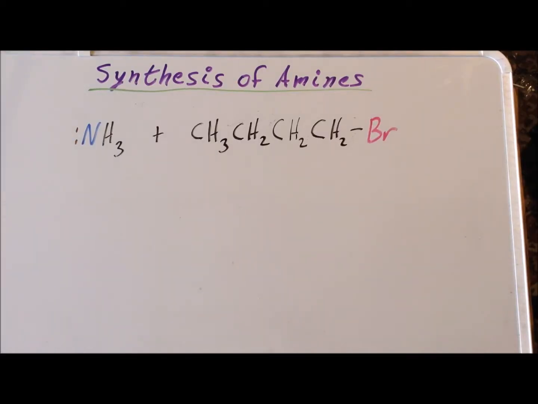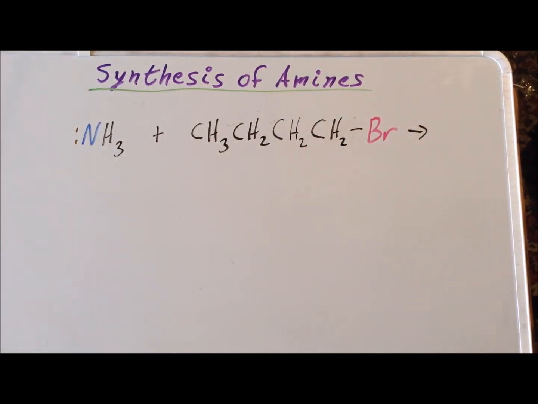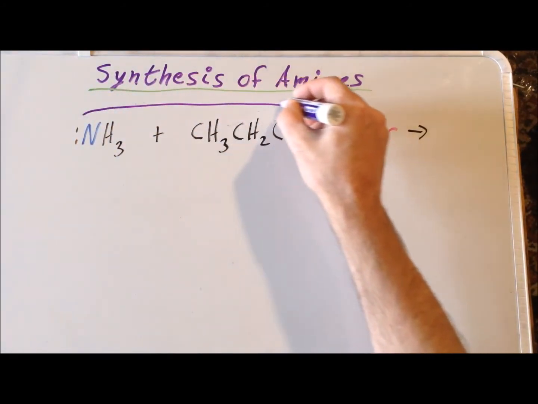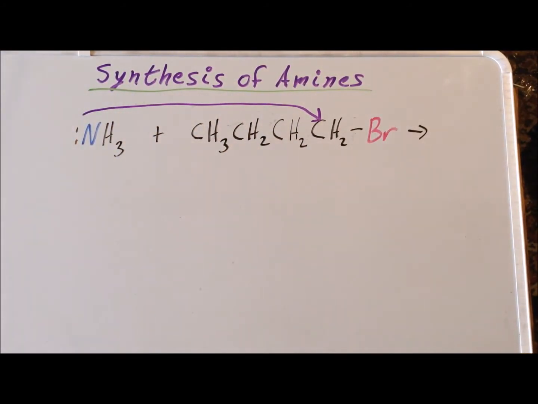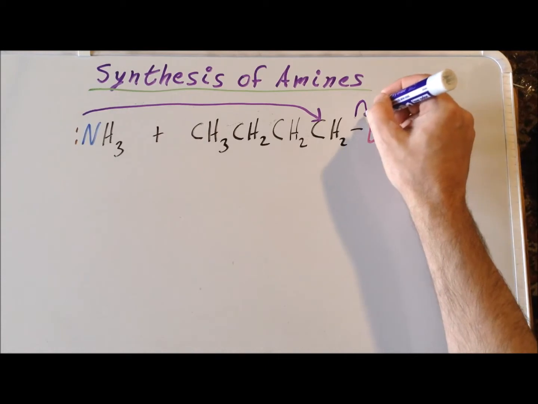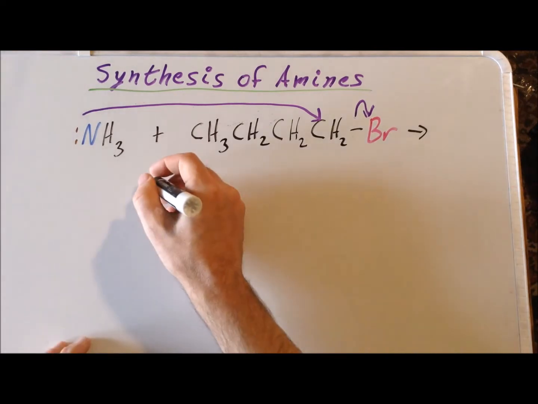In the fourth and final reaction of the first part of this video, we are going to look at the reaction of ammonia now with 1-bromobutane, or 1-butyl bromide. Again, here we have a primary haloalkane, so it's going to be a suitable substrate for an SN2 reaction. So we have nucleophilic attack by the nucleophile on the carbon directly connected to the bromine because it's electron deficient. We have heterolytic bond cleavage between the carbon and bromine, so bromine leaves as bromide, and we are left with the major organic product,